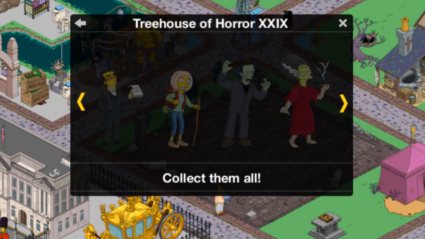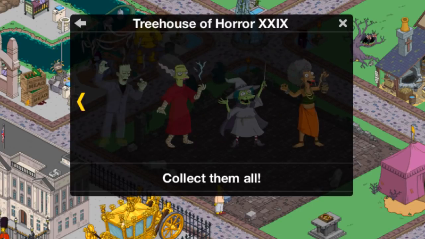So first of all, this is Slick for the first character. He's called Slick. Then this next one I think is called Patrice. Then we've got Frankenstein's monster. We've got, I think it's Julia Stein or something like that, for Frankenstein's wife, basically. We've got the witch, and the witch is unfortunately